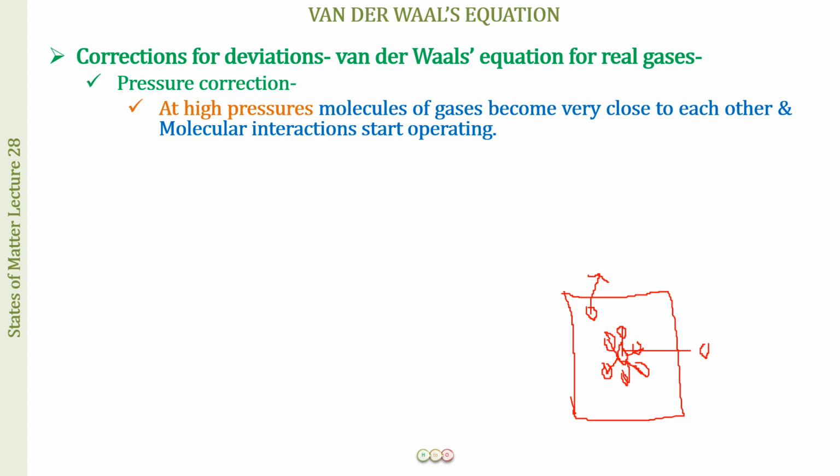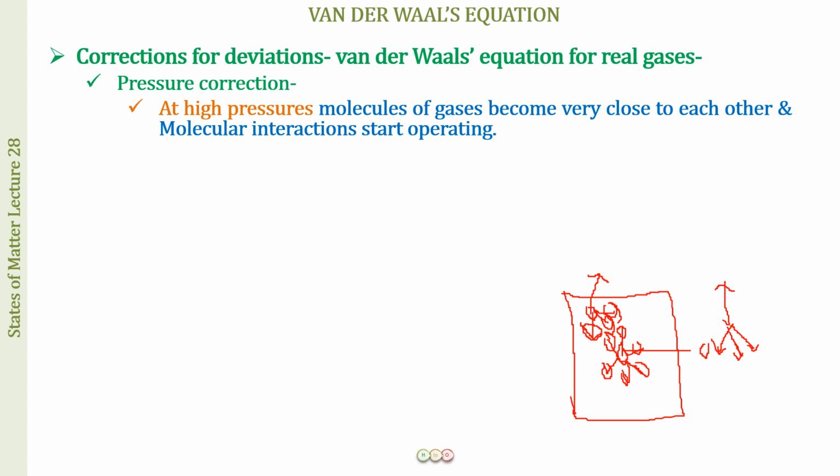Fine. So now let us look at this molecule. This molecule is surrounded by other molecules towards the center of the container. Right? In between the molecule and the wall there is no molecule, but towards the center there are molecules, and now it is going to get attracted towards these molecules as well. What is happening? This molecule is moving in this direction, but it is being pulled back by the other molecules backward towards the center of the container.